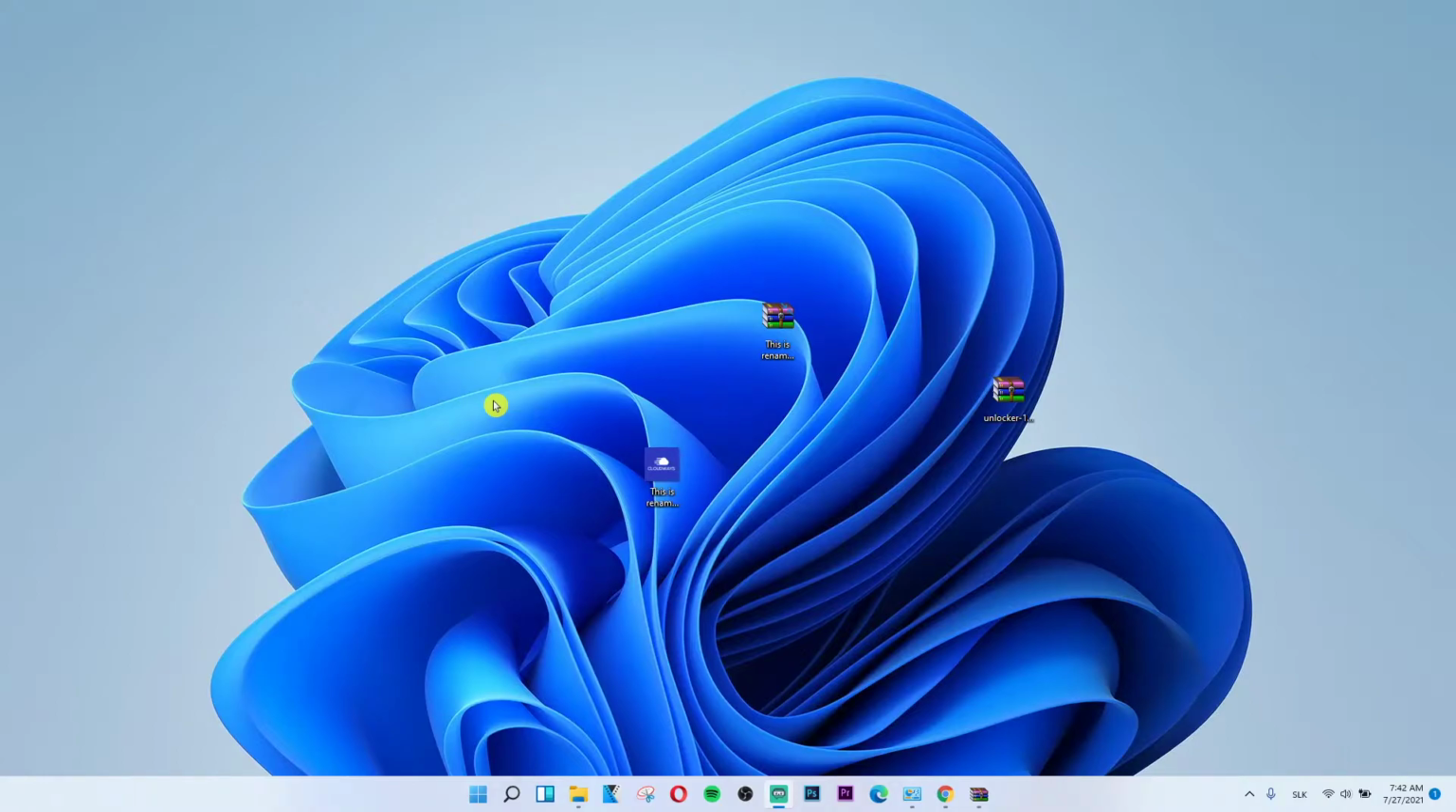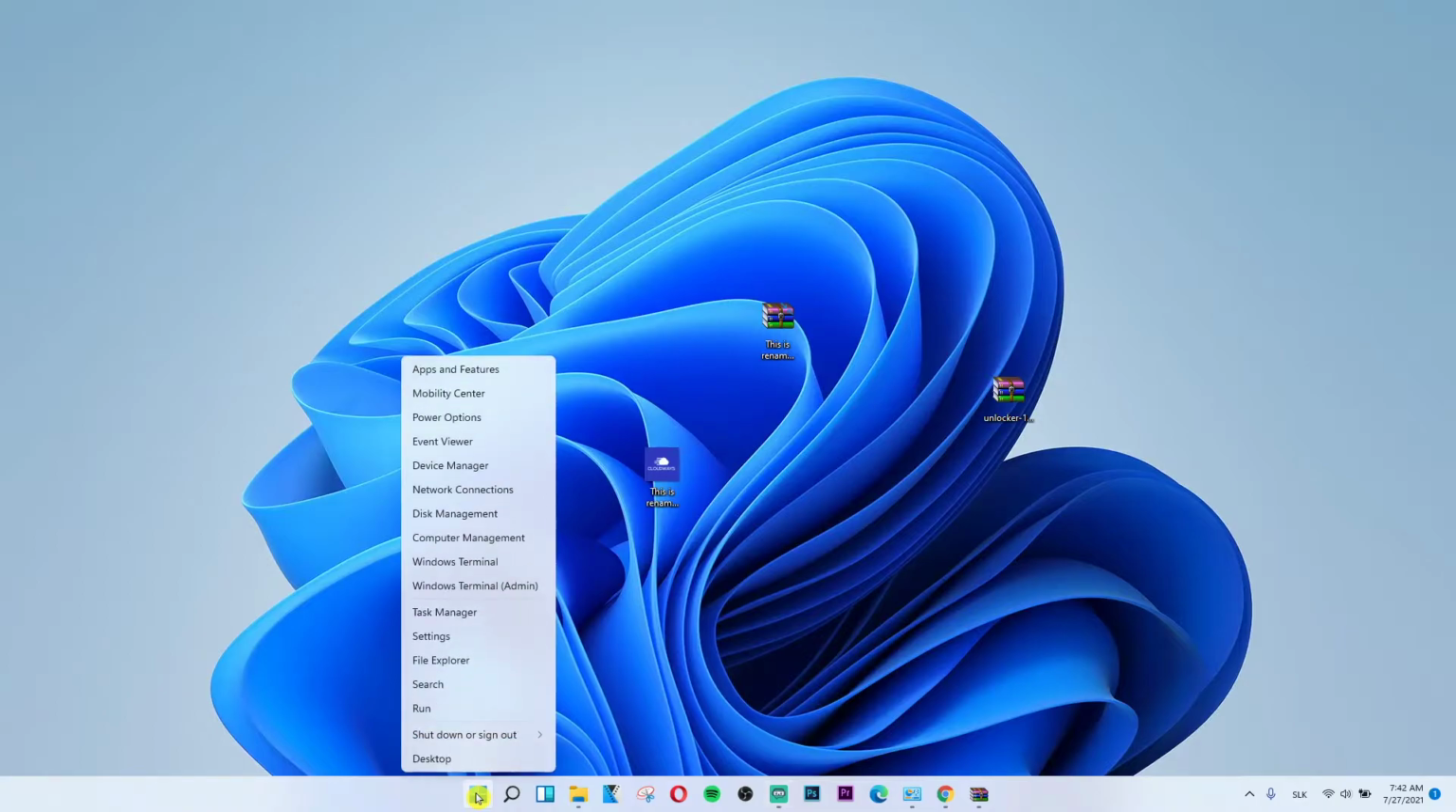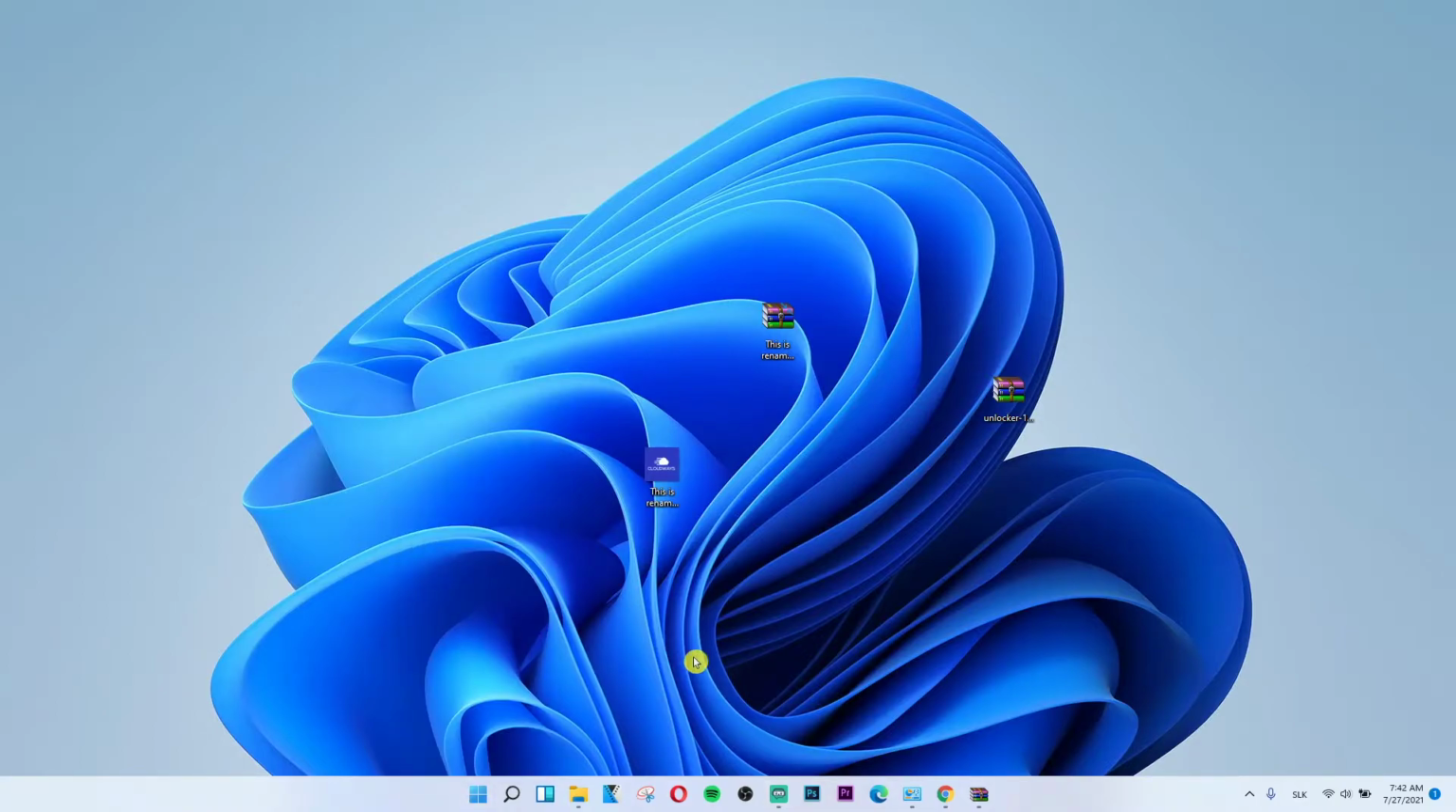So let's start. The first thing that you want to do is go to the bottom. Next to the search button is going to be Start. Right click on the Start, and under Task Manager you're going to see Settings. Click on Settings,